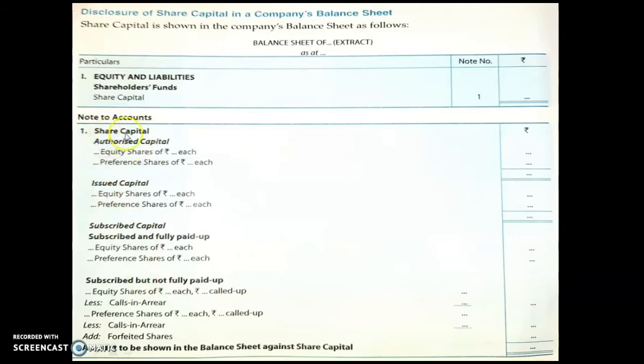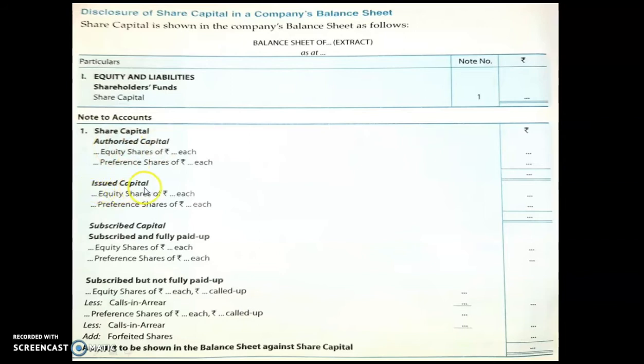The first item under share capital is authorized capital. Under authorized capital, we know that there are two classes of shares, that is equity shares and preference shares. So you have to write equity shares, how many shares you are going to subscribe and what is the rate of one share. That also you will mention over here, and then multiplying the total number of shares with the unit value of the share, you will get the whole amount of the equity shares. We will discuss that while doing the problems. So the first category of share capital is the authorized capital.